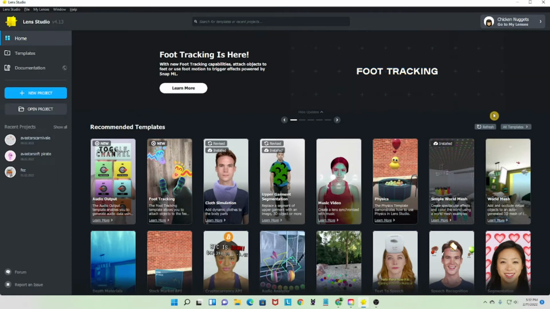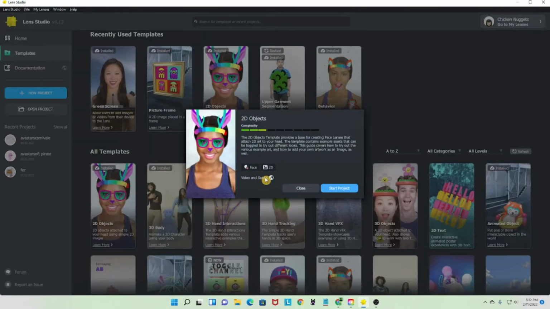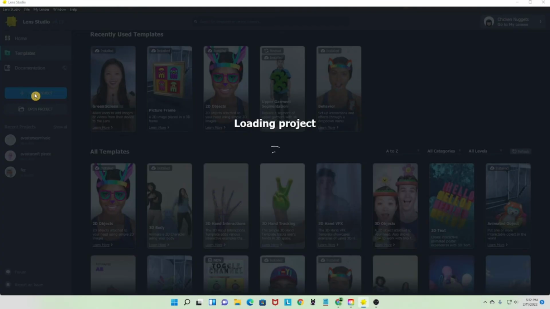Lens Studio has a lot of templates that are really great. They all have tutorials actually, but they can be a little complicated. And we're just gonna try to keep this simple. So we're going to start a new project. We're not going to use any of the tutorials. And once we get that going,